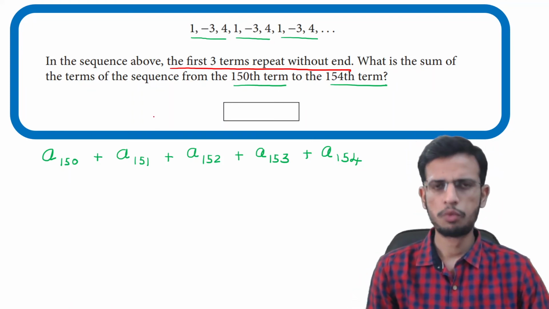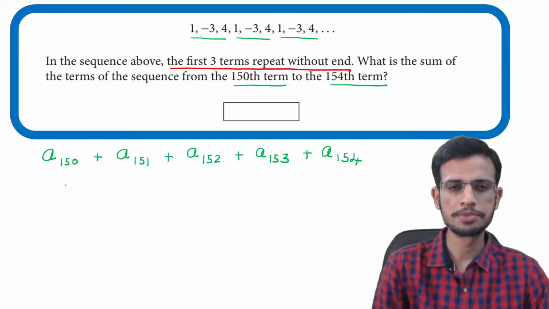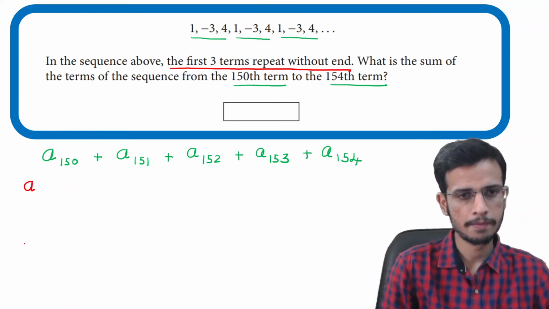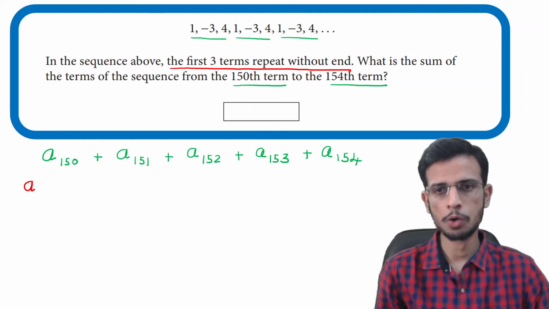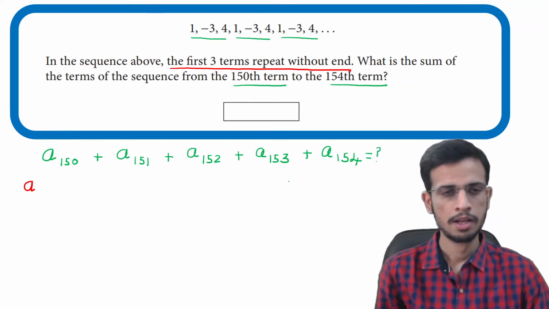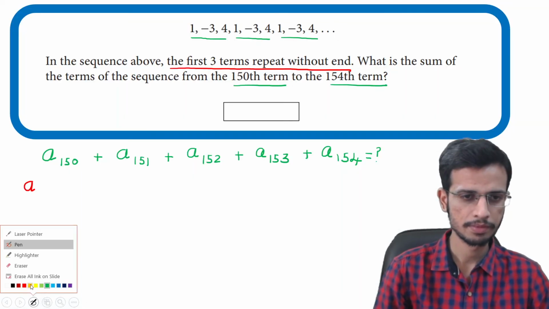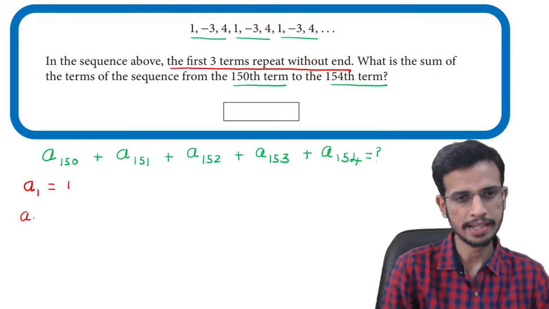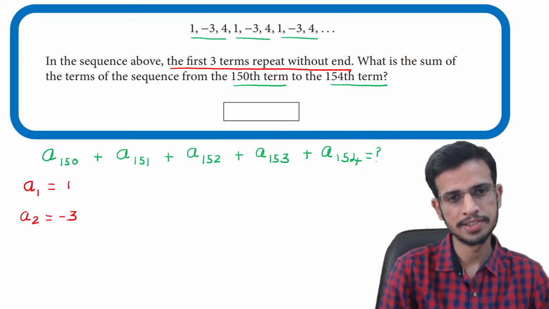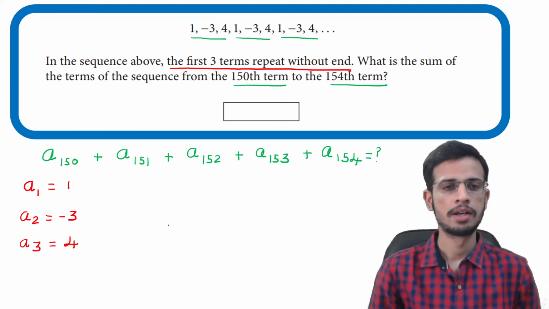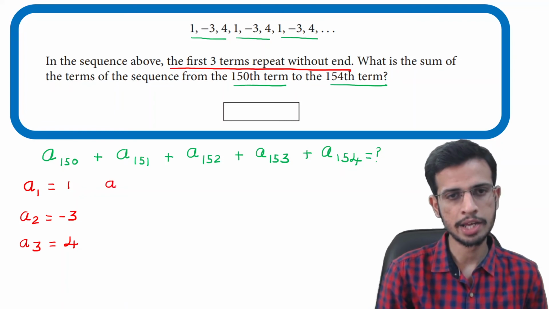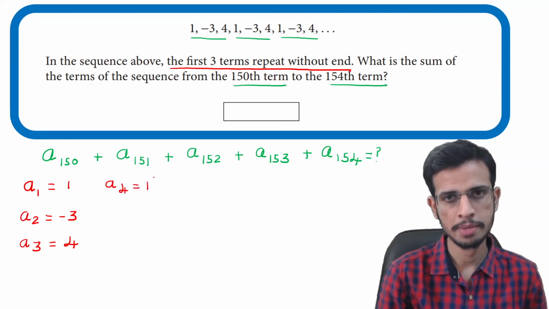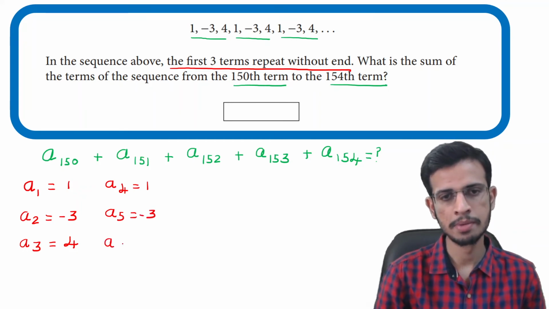So let us write the first few terms. What is A1? The first term, defined as A1, is 1. What is A2? That is -3. A4 will become 1. A5 will become -3. A6 will become,